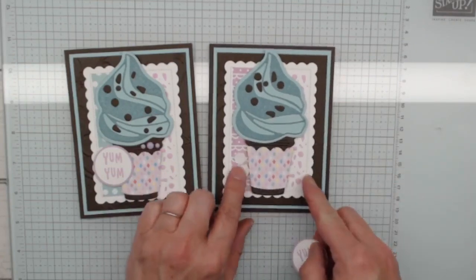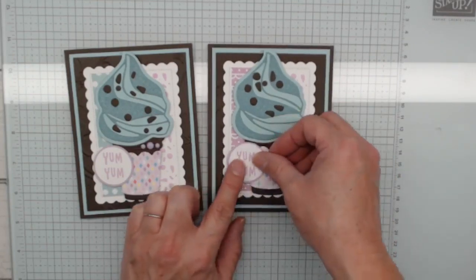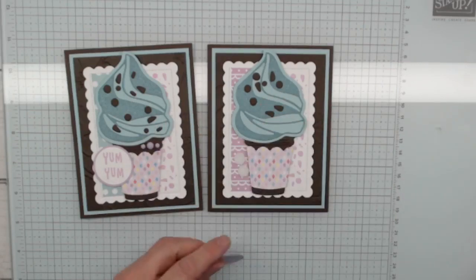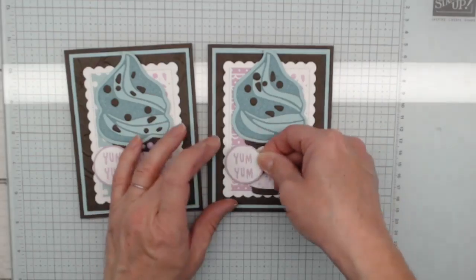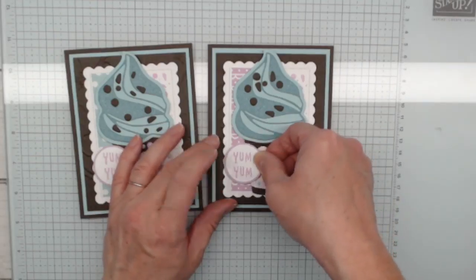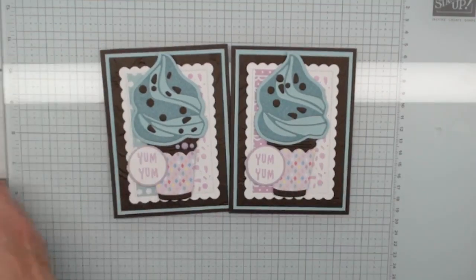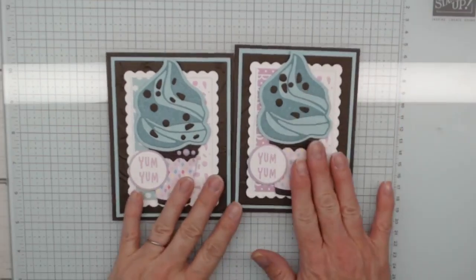And then I'm going to take advantage of the dimensionals here and line that up so that it's off to the side, not covering my cone too much, but part and parcel of the whole design, right? So there we have the Yum Yum card. Now the only thing it's missing really, of course, is some more chocolate chips, which I'll probably throw in, and